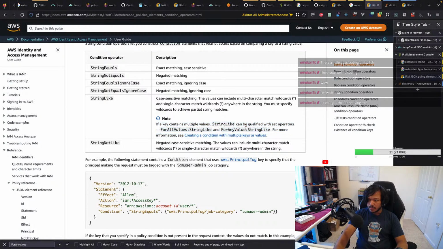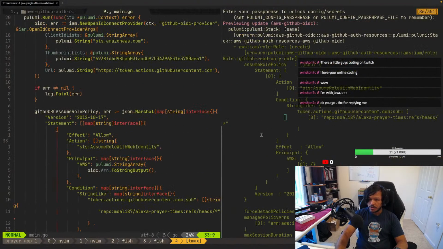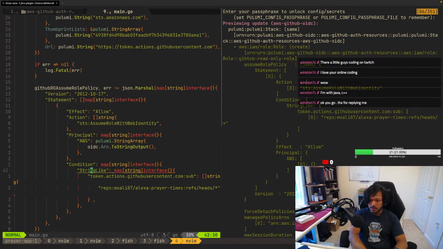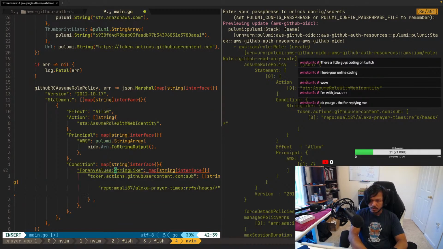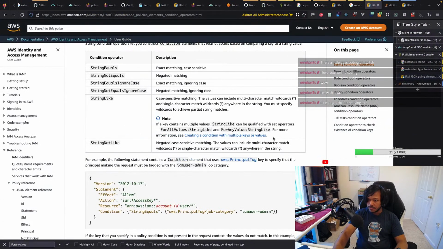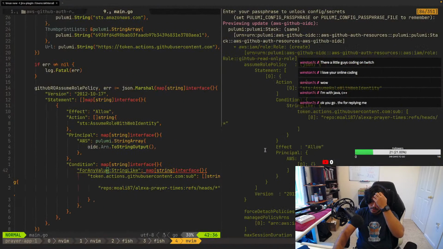And I'm going to say it's for all values, but that still isn't the problem. For all or for any values. Is it for any value? Yeah. This still isn't the problem, because this is just going to say for any value string like tokens whatever .com